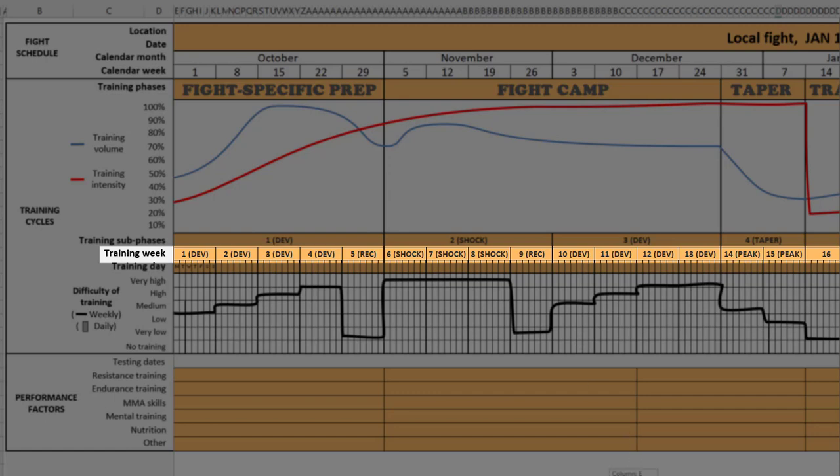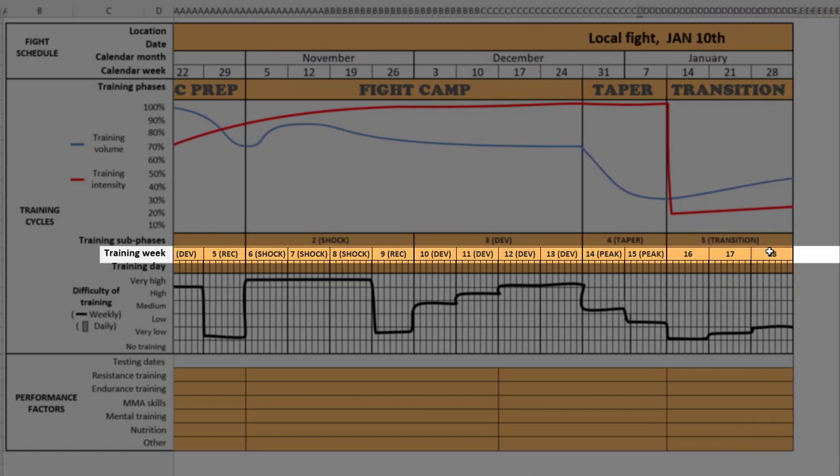We can scroll all the way over to the end of the fight plan. You can see in total there's 18 weeks in this short fight plan. So this is going to be pretty useful when you're creating individual training session plans and you need to precisely refer to a specific subphase and training week. You can tell exactly where it is based upon this numbering, and we're also going to label the subphases in a minute. Now, make sure you place the number to the left of the box, as you're going to want to save a little bit of space to write the name of the type of subphase in the training week that you're using.